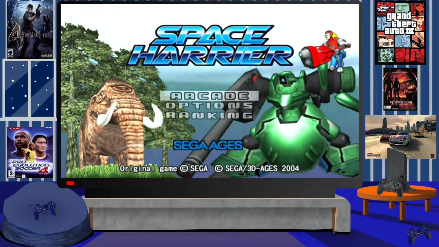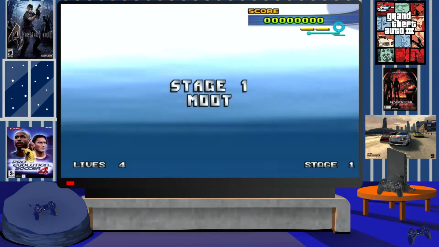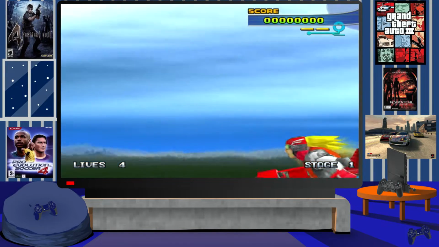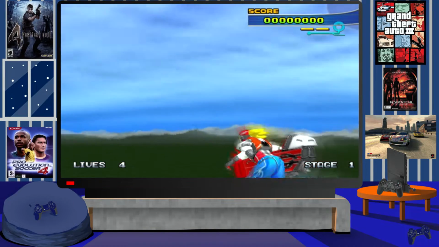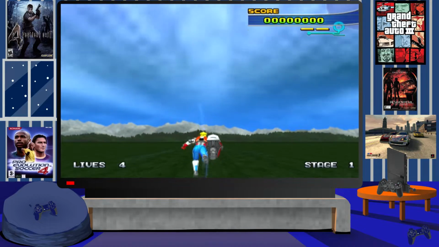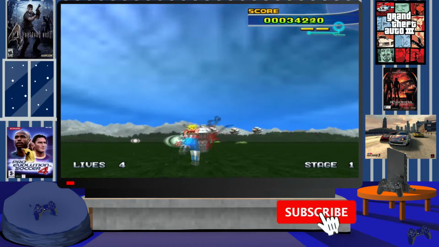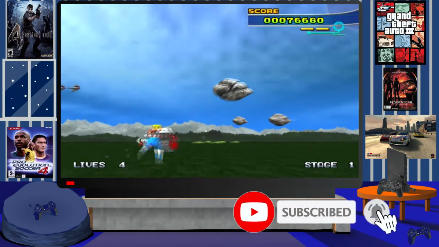Space Harrier would be volume 4 in the SEGA Ages 2500 series that's all released for the PlayStation 2 in Japan. And this series would be a re-envisioning of classic arcade games and even console games that would have been developed by SEGA over the years. And Space Harrier originally was an iconic arcade game, but also got ports to the SEGA Master System and Mega